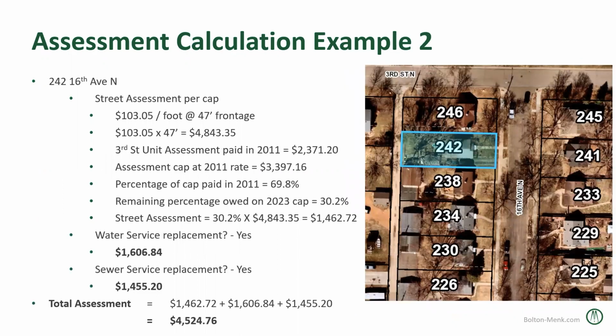Now this one is a little more complicated, so bear with me. This applies to that 16th Avenue block between 2nd Street and 3rd Street North. These are the ones I was telling you about, those 20 properties that had reduced assessment amount since the preliminary roll. This is also because they had a partial assessment during that 2011 project. So the calculation would start out the same as the previous example. This property happens to be only 47 feet wide, so it'd be 47 feet times the $103.05 cap, bringing the assessment to